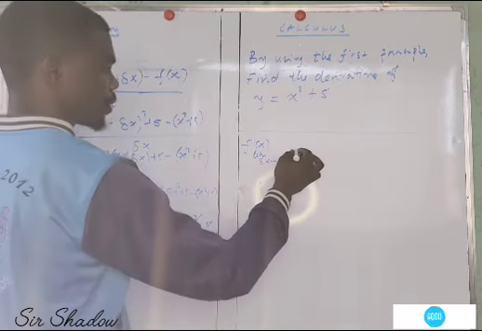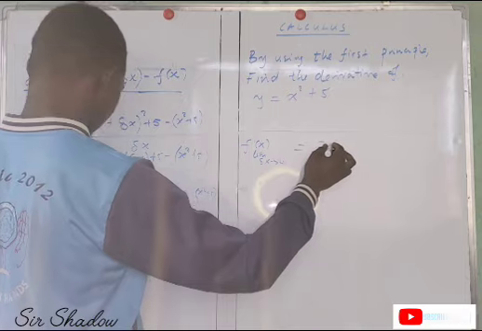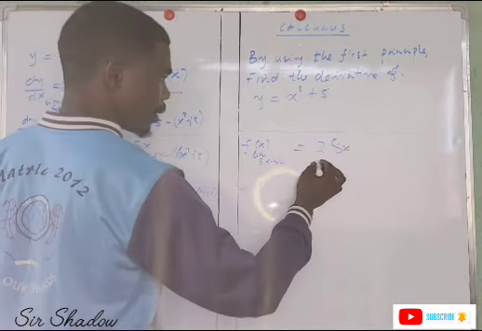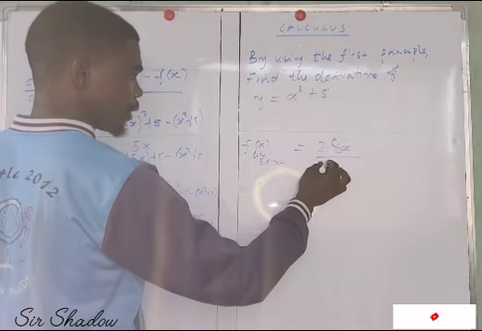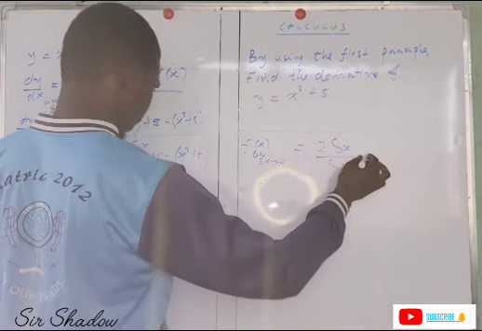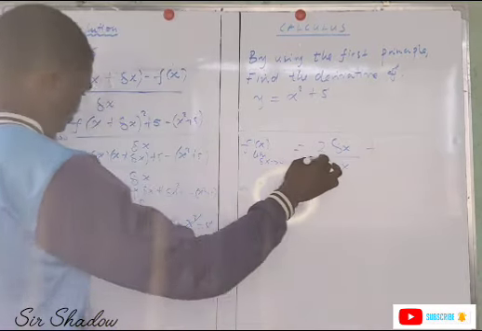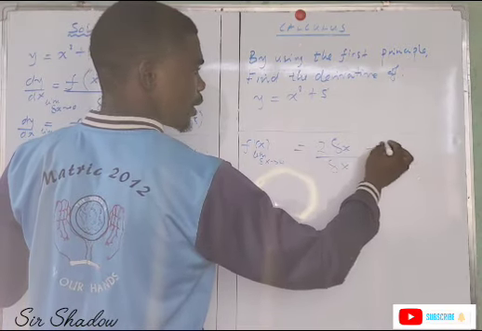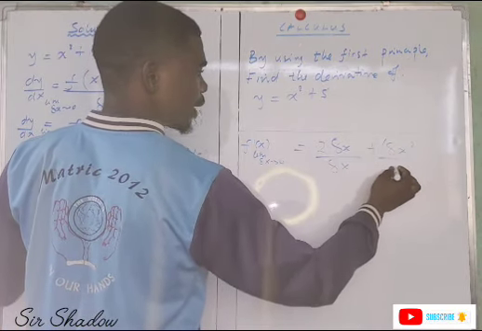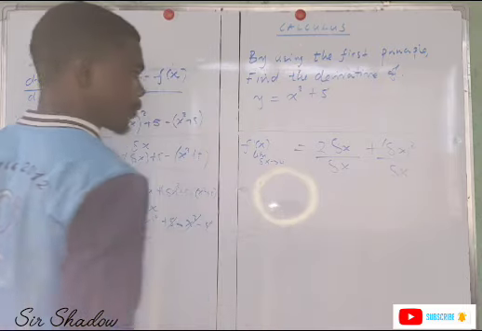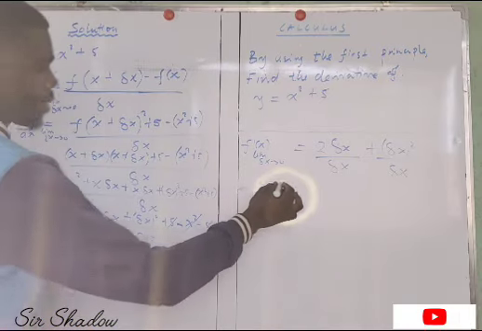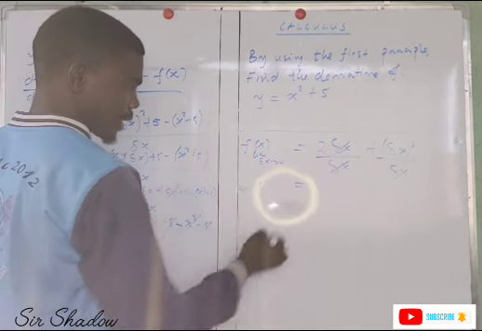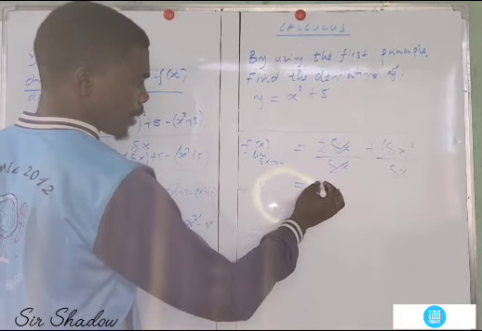It becomes, this is equal to 2x, 2 delta x over delta x plus delta x squared divided by delta x. Remember, we are sharing the denominator, okay? This becomes, this delta x, we cancel this delta x, and left with